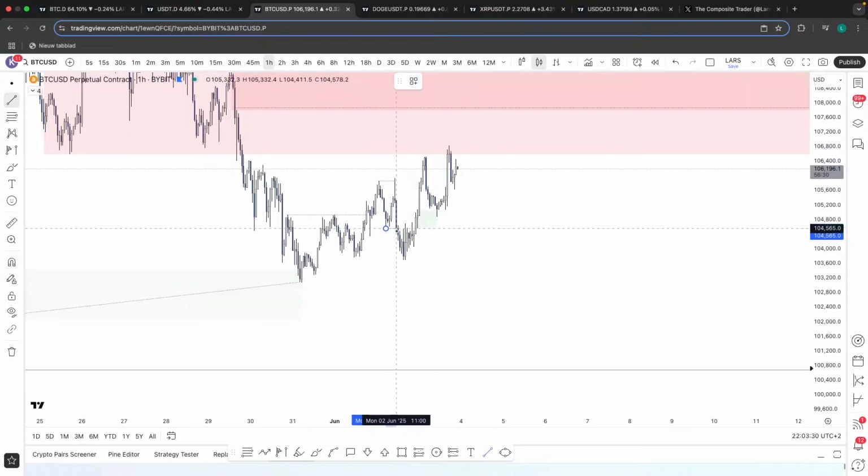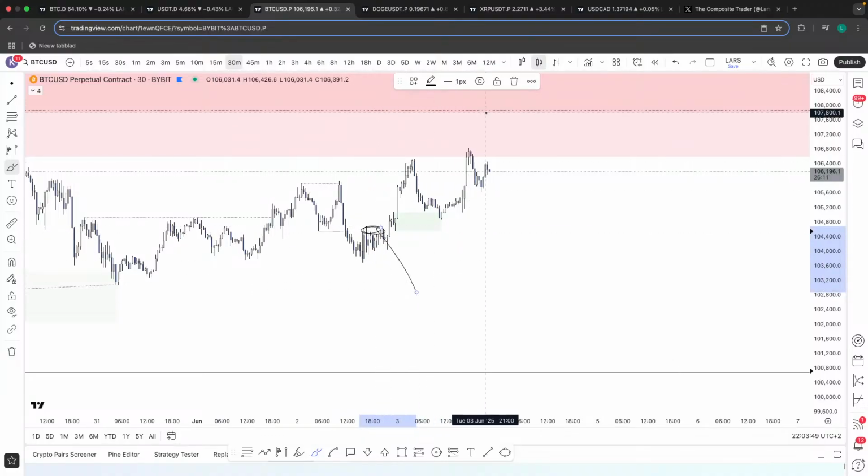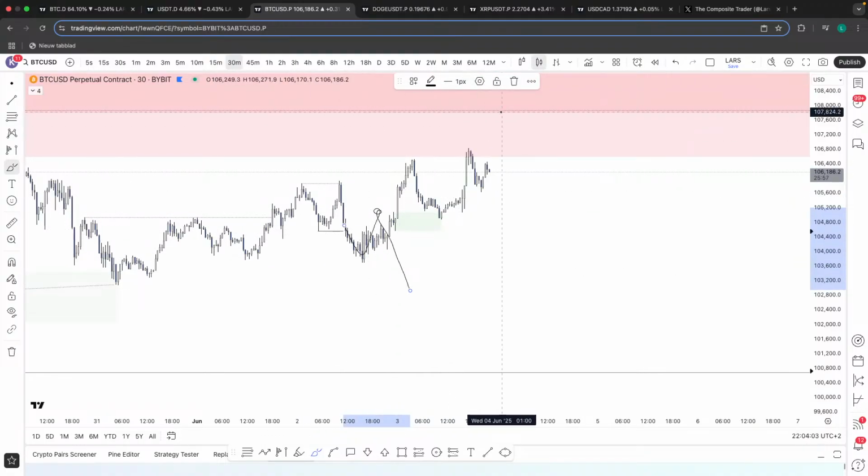Okay, so we got this bearish break of structure. And my expectational order flow, what I was expecting price to do right here on the lower time frame, was to put in a lower high for a lower low. But I told you guys that this right here was the better place to be putting in a lower high for a lower low. And then at the end of the stream right here, we kind of started to go deeper into that supply zone. So my expectational order flow was a lower high for a lower low based upon that break of structure.